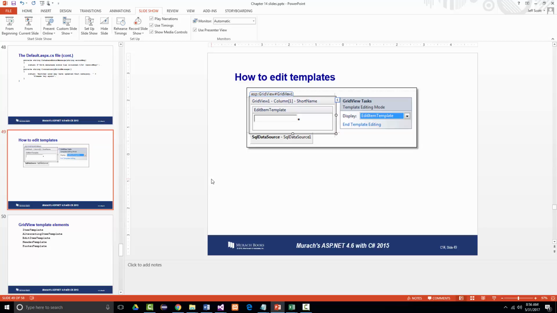To do that, you use the same basic techniques that you use to work with the templates for a data list control. The main difference here is that each bound column in a grid view control has its own templates. All right. So the last thing that's discussed in the chapter in the last 2 to 4 pages is